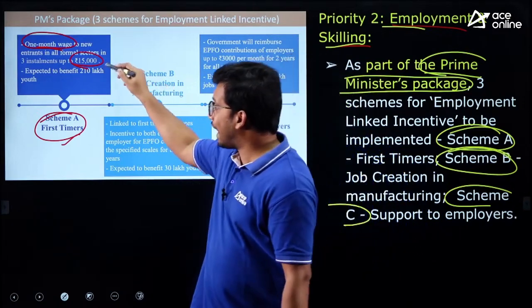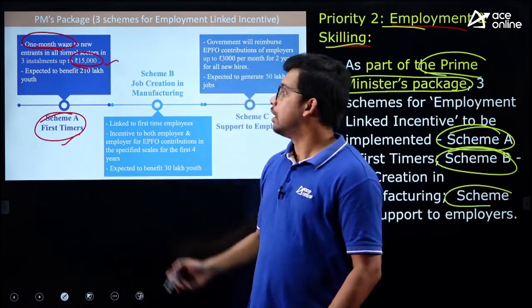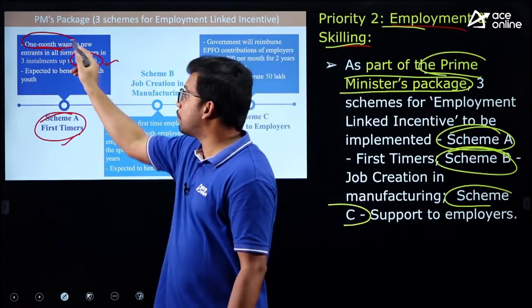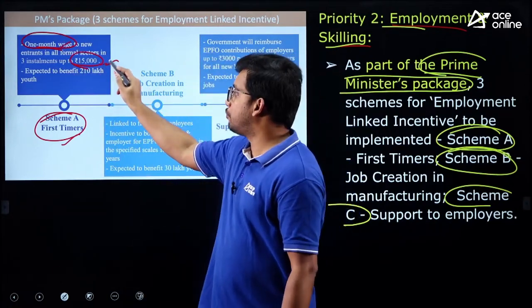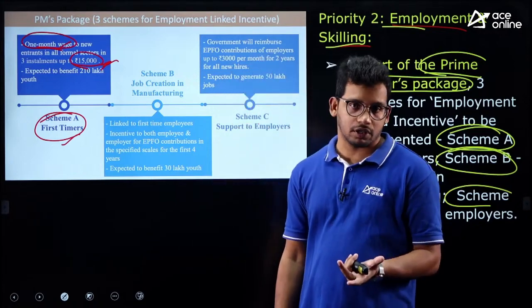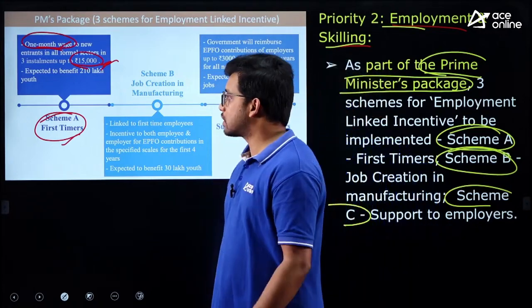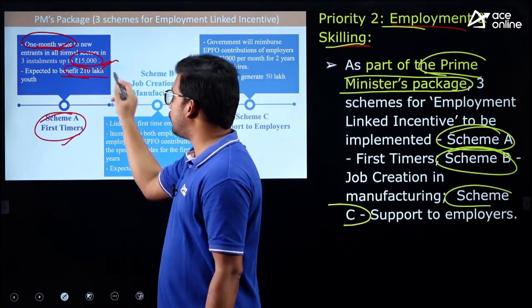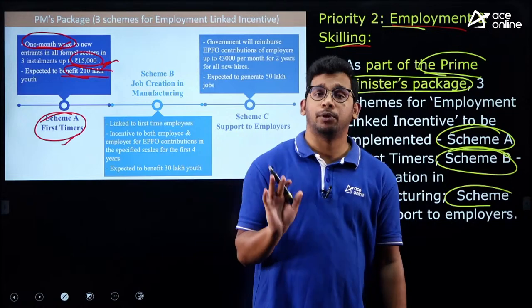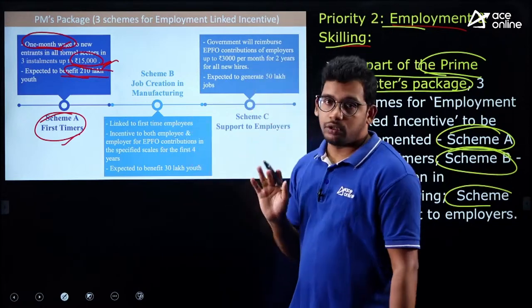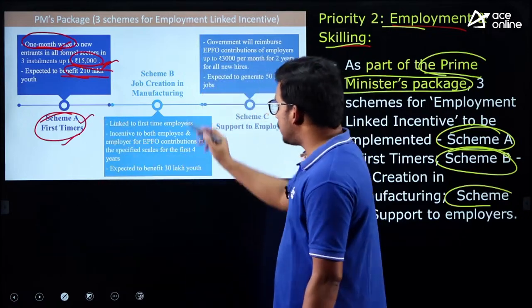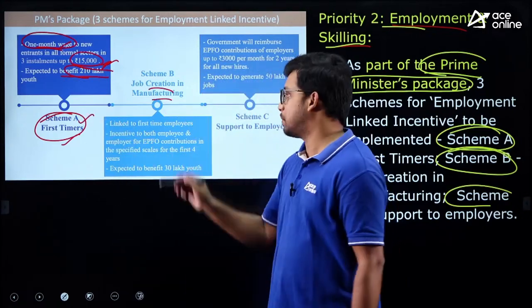So for such people, to encourage them to get employment, the government is launching scheme A, which will be given with 1 month wage up to 15,000, right. So up to 15,000 the government is going to give free of cost for the youth who are going to get first time jobs, right. It is expected to benefit 210 lakh youth. It is an expectation of the government that this scheme will encourage 210 lakh youth to get involved in employment, right. So this is scheme A, and scheme B,